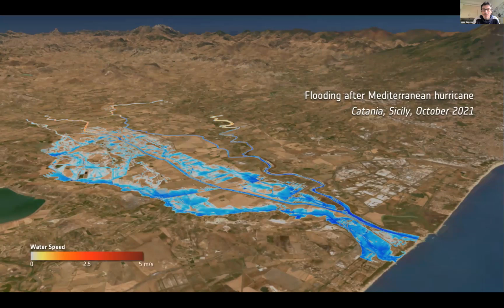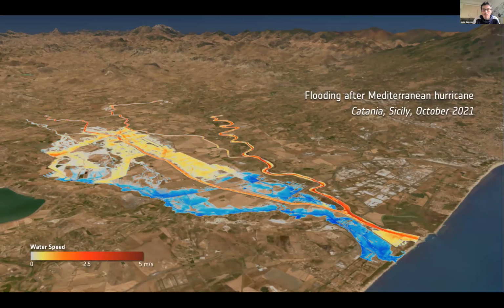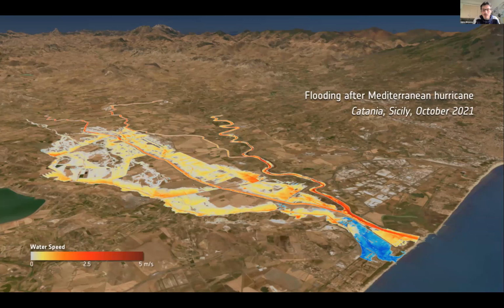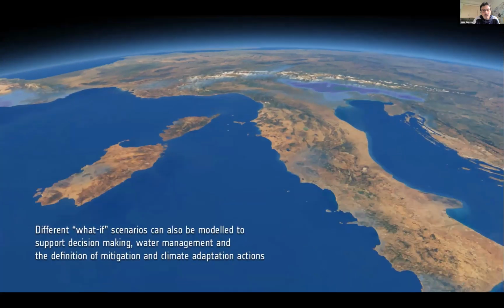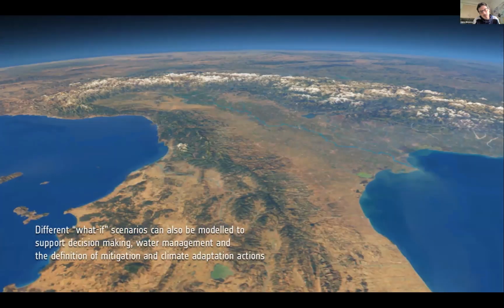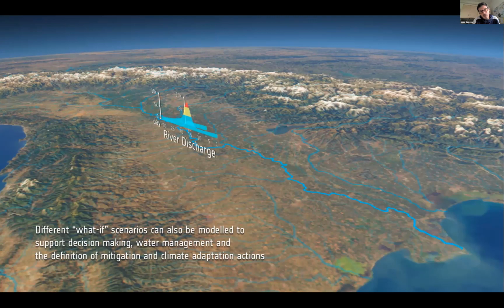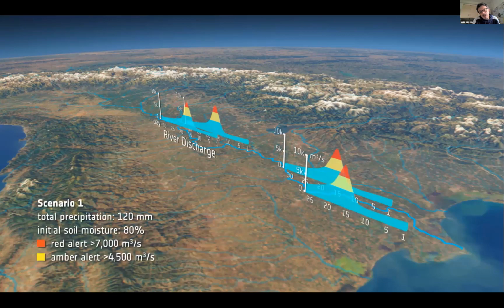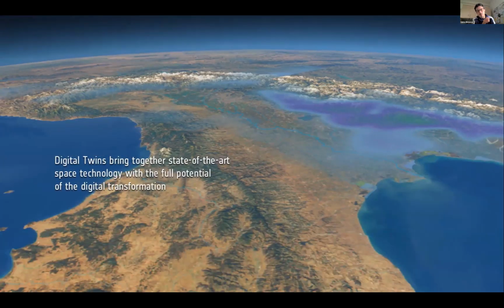But coupling with the hydraulic modeling, we were able to estimate also the flood depth and the flood velocity at very high resolution. Here the simulation is at 5 meters. And then the last very important aspect of the digital twin is developing what is called the what-if scenario. For instance, for the Po basin, but I will give you more details in a while. We have developed different scenarios of flood prediction for different input data sets, and we can use these scenarios to make future predictions of flooding in the Po basin.